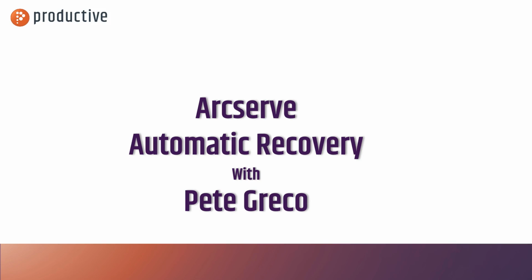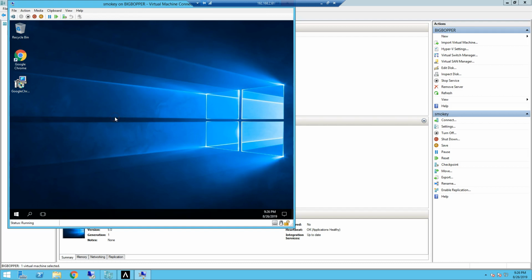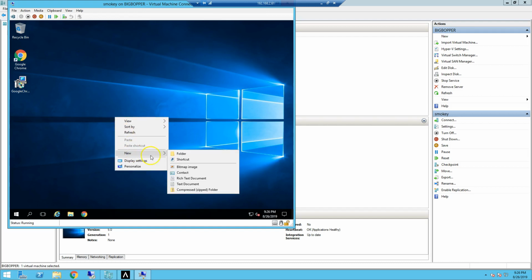I'm going to give you a quick look on how to set up an automated recovery using Arcserve UDP. Let's take a look. Okay, so the first thing we're going to do is create a new file on the